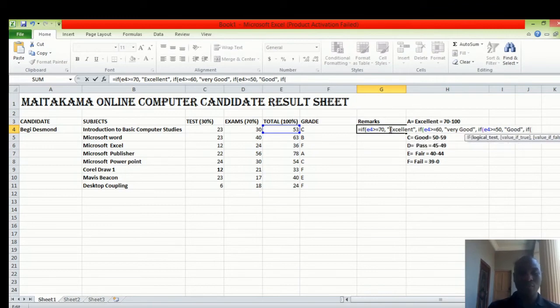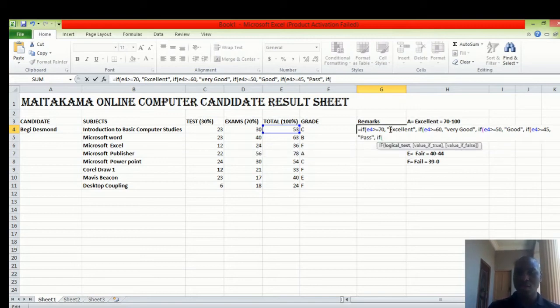If again E4 is greater or equal to 45, else, no. Alright, that's why I said you only need to be a bit more careful so that you don't mix this up. Else for D is pass. Close the quote, you say else if